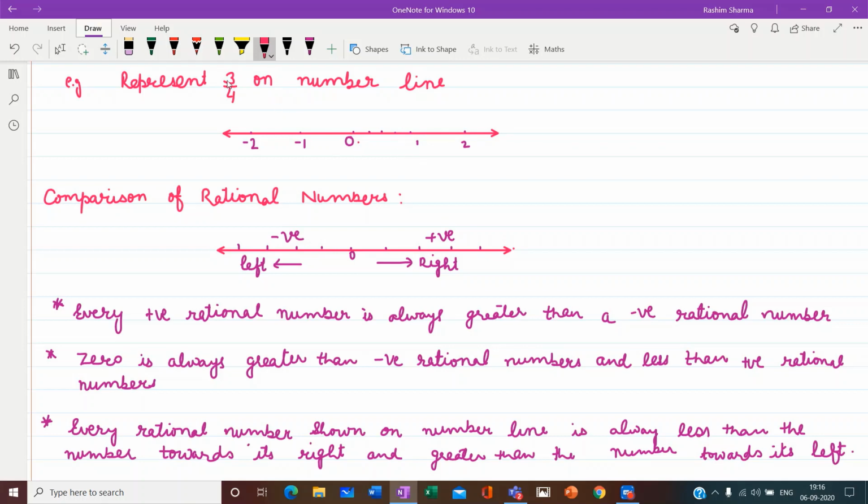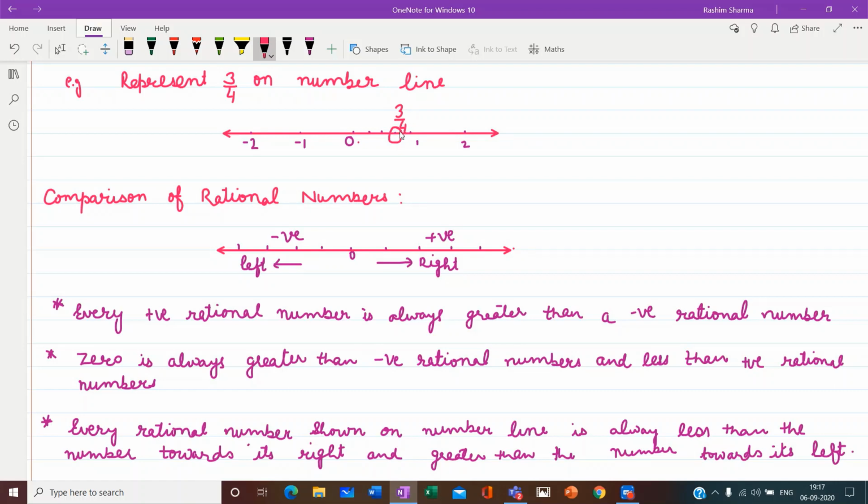Now we have to choose the part which is the numerator. The numerator is 3 here. So here the third part: 1, 2 and 3. So this part here we will circle, and this represents 3 on 4. So keep in mind, when we divide it into 4 parts, each part is 1 on 4. Now we need the third part of it, so we mark the third part as 3 on 4.